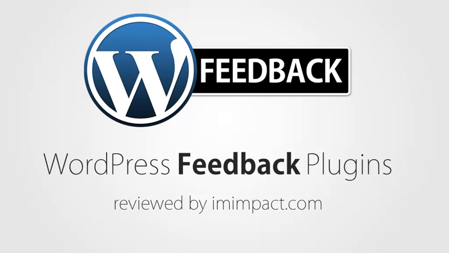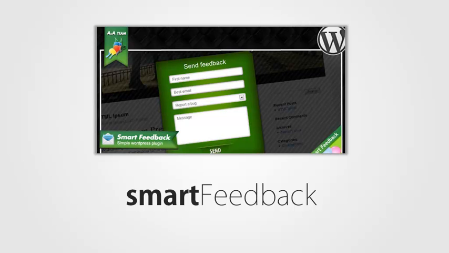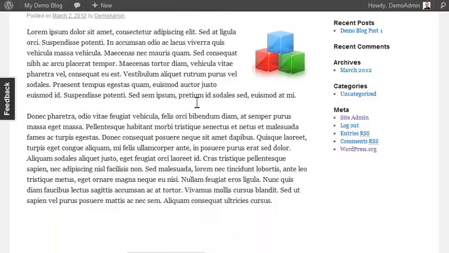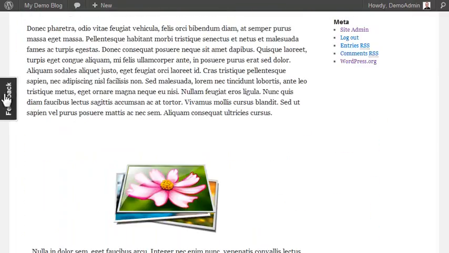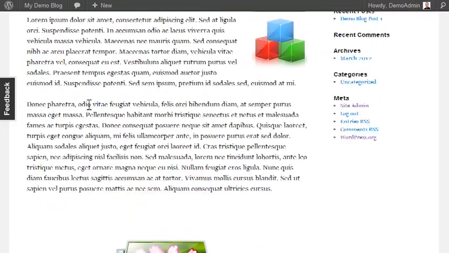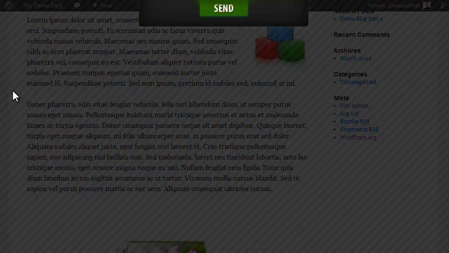various ways. The first one in line is called smartFeedback, and this is what it looks like on the front end. This is a demo blog I have, and you simply install this plugin and it will make this little tab here appear on the side. As you can see, it scrolls with the screen, and when the user clicks on it, it opens a modal